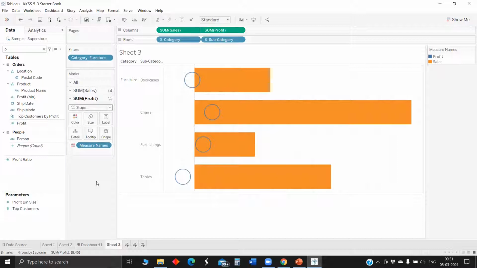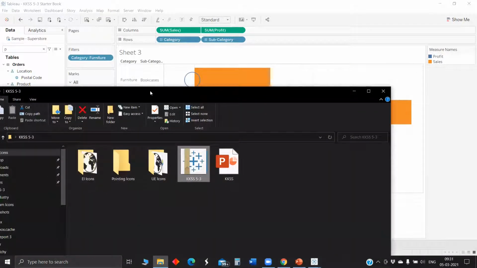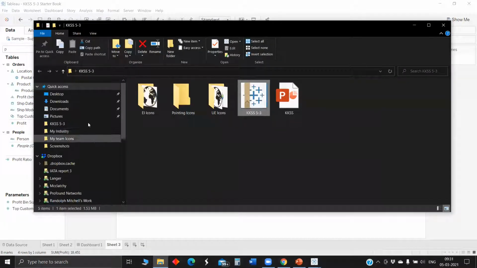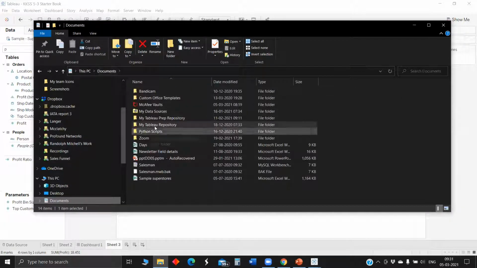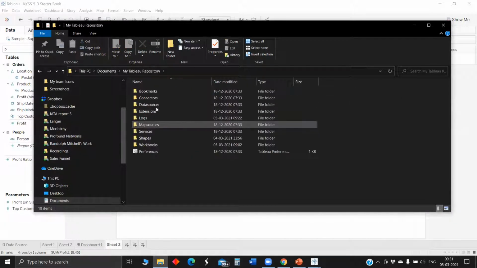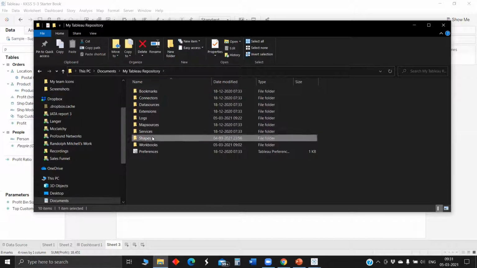Here we all know this, but just for a quick recap: if you would like to add any template or icon into Tableau, in My Documents we have a folder called My Tableau Repository. Once you go to Documents, there will be My Tableau Repository, and there we will have a dedicated folder for shapes.